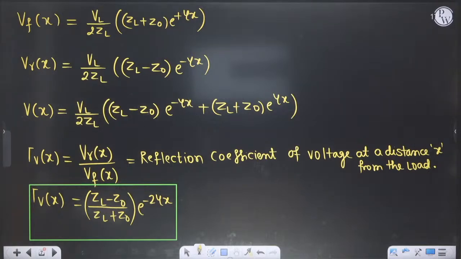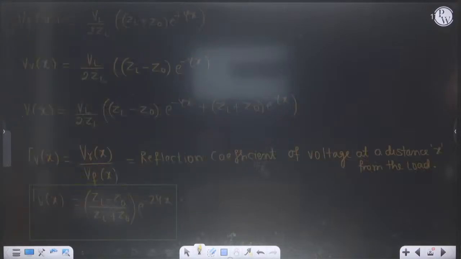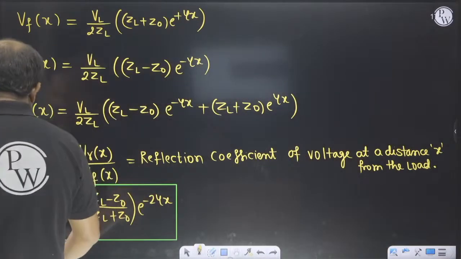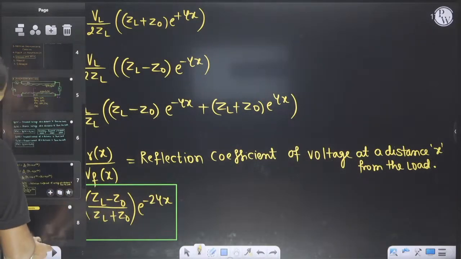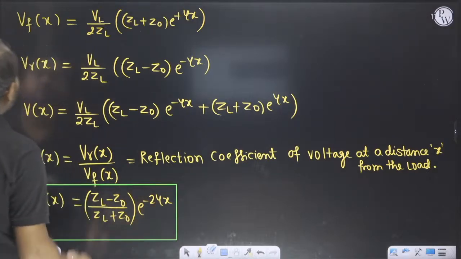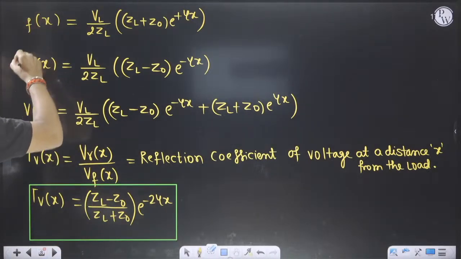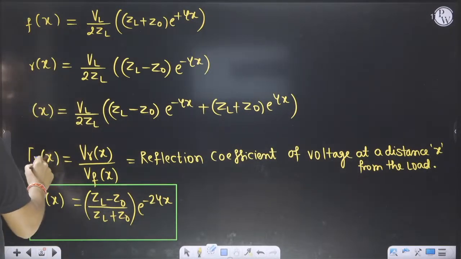Okay. Second thing: similarly, we can write for current also. So for current, what will happen? This one is for current. So for current it will be,